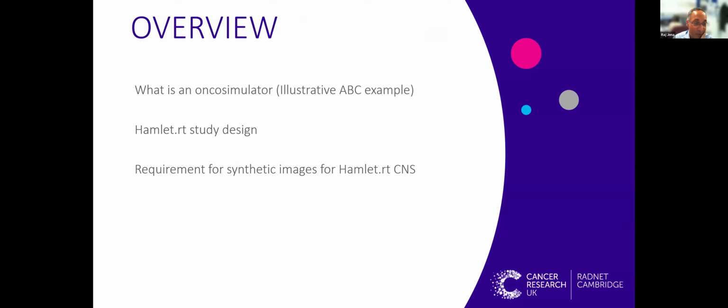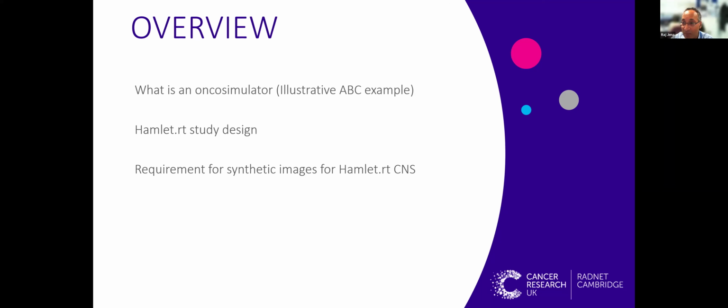So just briefly, what I'm going to talk about is the idea of an onco simulator, because I think if you're a mathematical modeler like Matt and myself, this will really be catnip to you. If you're not, I think it's an interesting idea to think about if you're interested in doing research that is close to the clinical data, because the principle of an onco simulator is that it's a model that starts with a patient's image as its initial conditions.